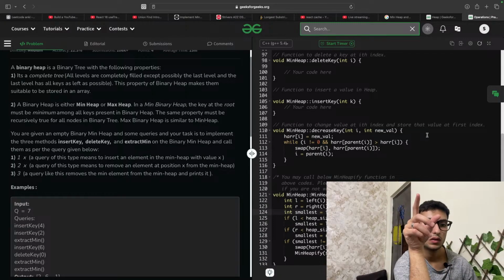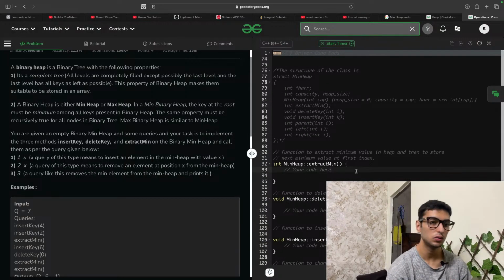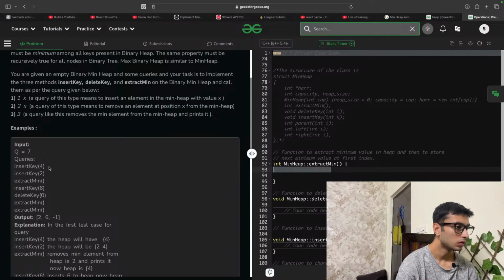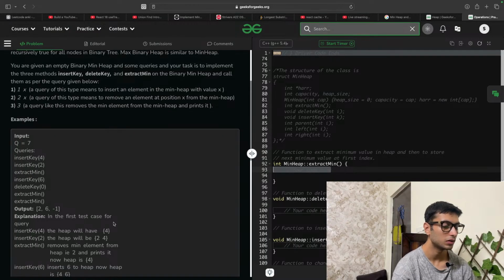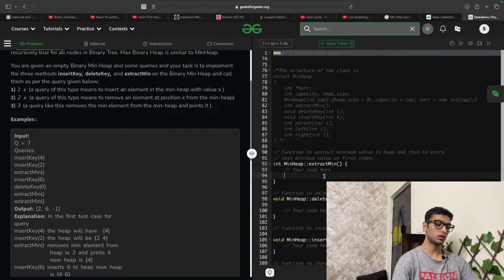This is just a heapify function. So what I need to do is extract the min. Min element from heap 2 and from Z. Okay, so it also needs to remove the element.